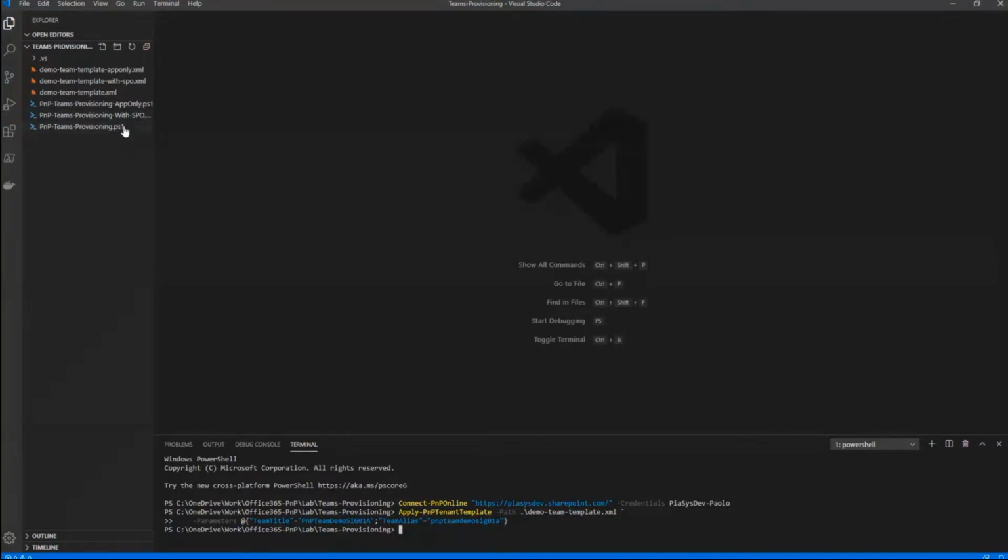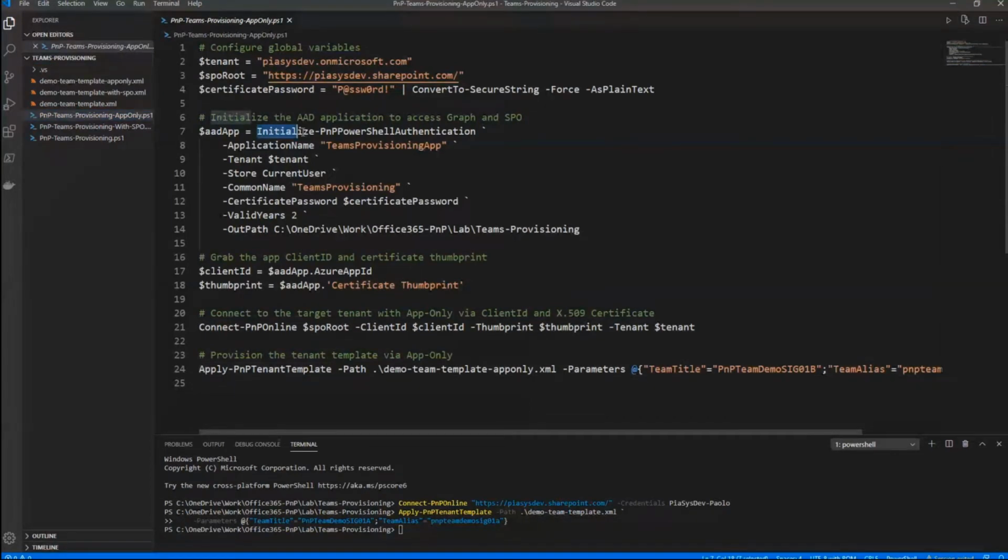So another option that we have in PnP is to use this way of working. We can use the quite new Initialize-PnPPowerShellAuthentication commandlet that Erwin showed you a couple of weeks ago, I think. I can register on the fly an application in Azure Active Directory, which I can use for life once it is registered. And by registering an application and providing a name, some settings for an X509 certificate that will be used to have the actual app-only authentication in Azure Active Directory and against SharePoint Online,